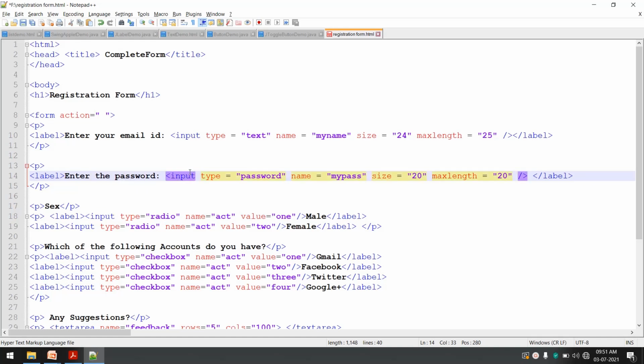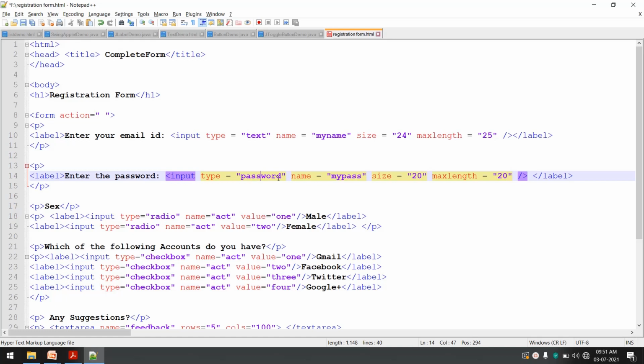We have created one more type of widget here, input type password. Now what is the difference between a text and a password here? The difference is that whatever you enter in the text widget is visible, meaning if I enter a character A it is visible there. But if you use a password widget, whatever you enter is not visible; it will be shown as some symbols like dots or stars.